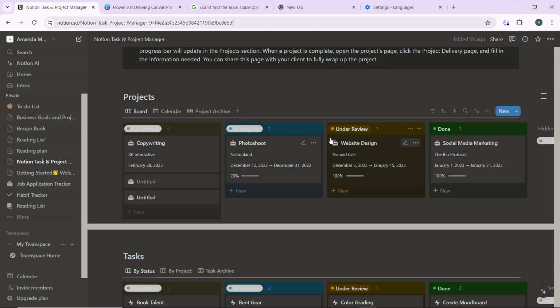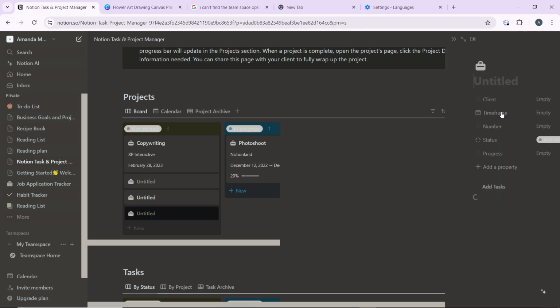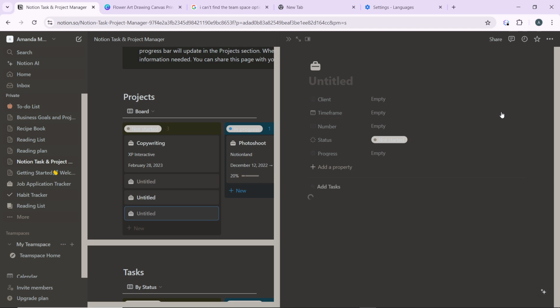So click on the new button often found at the top of the database view, which is here. And once you click on that, go ahead and create a new entry. So click on new to create a new entry. Then fill in the tags details like the title. So for this title could be